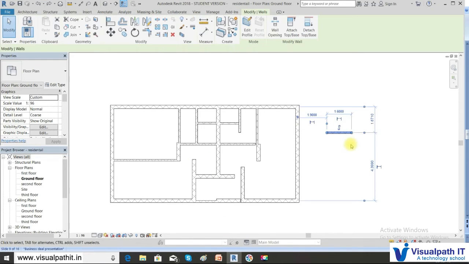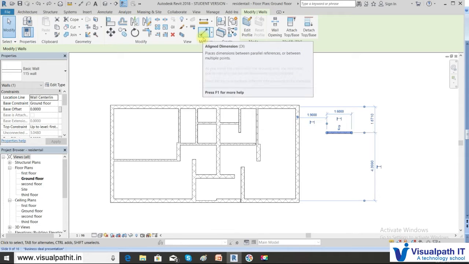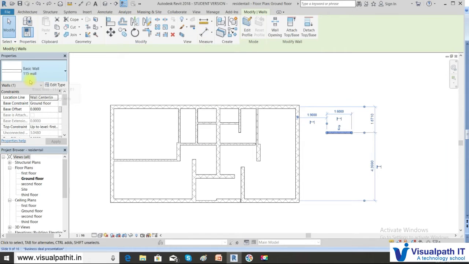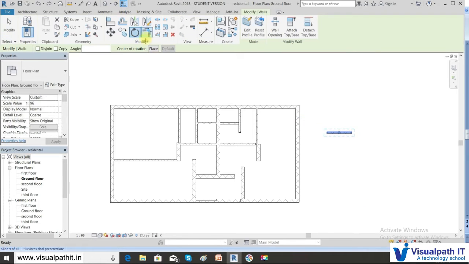So let's see how it is done in this tool. Now here I have a small wall which I want to rotate. Since we have not learned the other elements, the modify command is being taught in the wall. But these modify commands are general commands which can be used for any element, say furniture, anything. So these are the common tools which you may require. So we are teaching in the walls element. So rotate, click that. Now as you see, the options bar has come here.